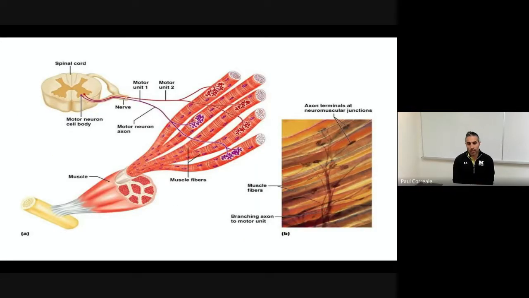So here's just another diagram that shows this idea of the motor unit, where we have the innervation from the spinal cord leading to the different muscle fibers within the muscle belly itself. It is to the benefit of the motor unit to innervate many muscle fibers so that we can have a concentrated, coordinated contraction once the voluntary decision is made to contract the muscle itself. And here's just an electron micrograph view of that same thing.